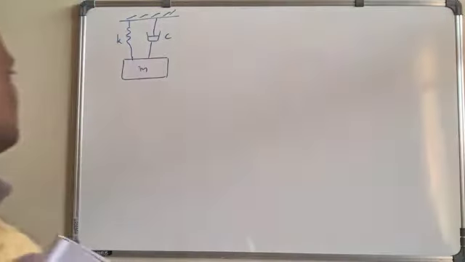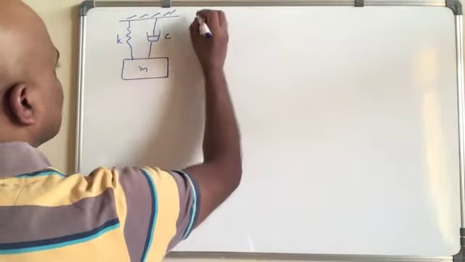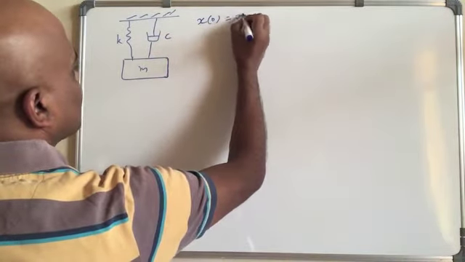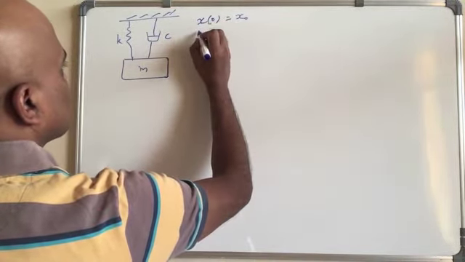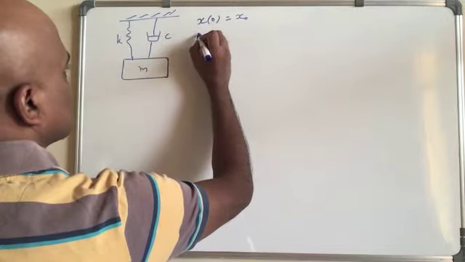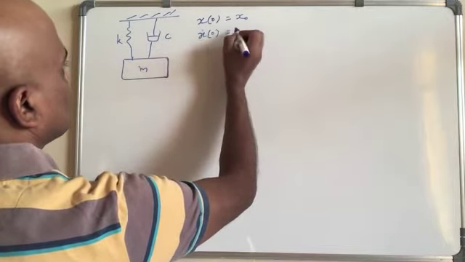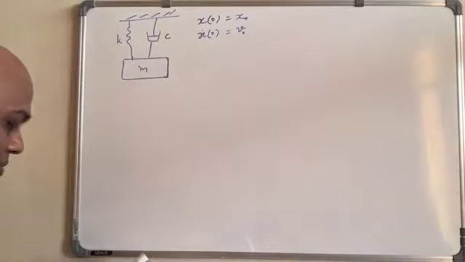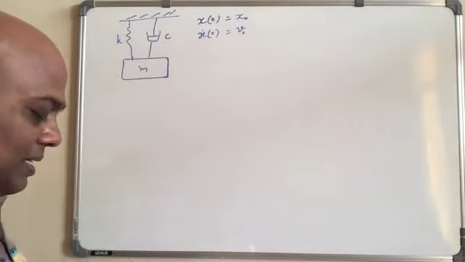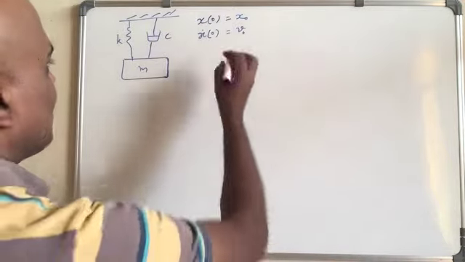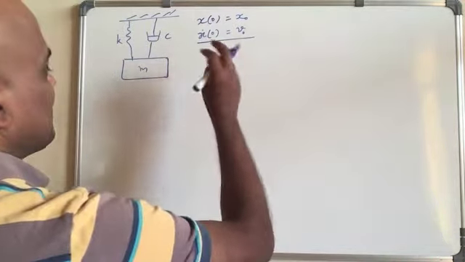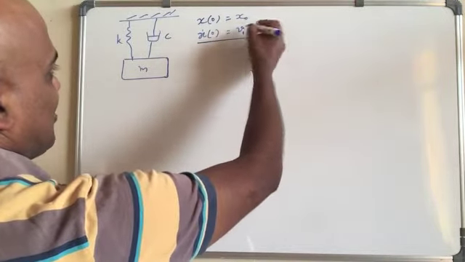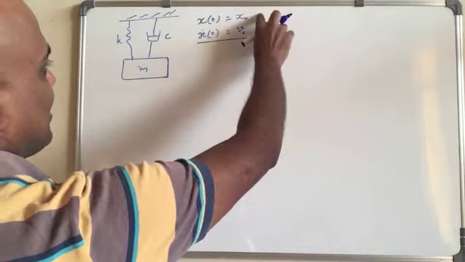Okay, so the questions were given x0 equal to x naught and x dot 0 equal to v naught. Okay, it was given like that. So the general solution in this case, for this kind of values, if both are 0, x naught is 0, v naught is 0, so automatically what you get,